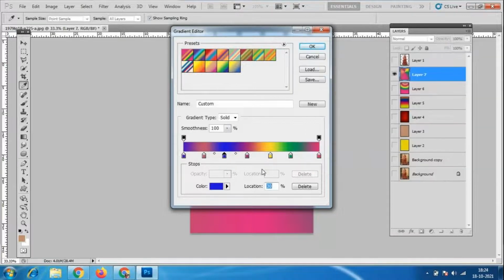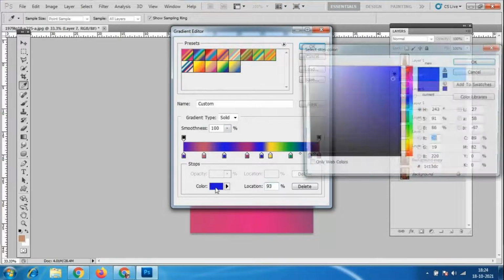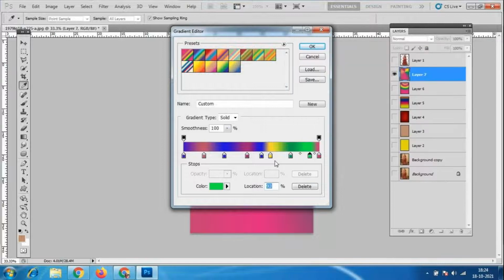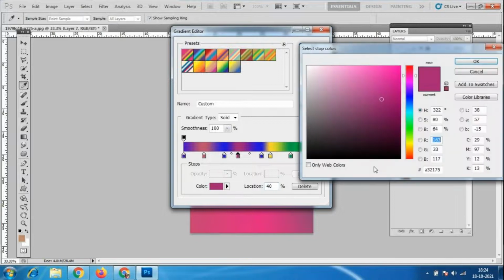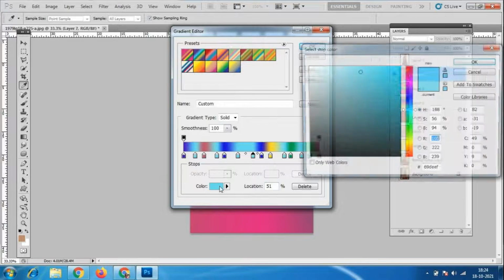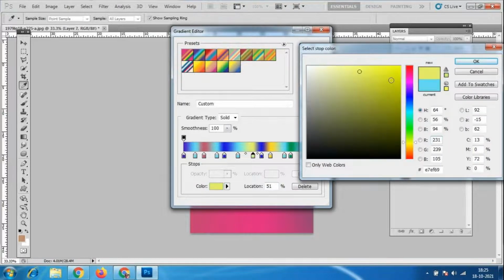Whatever you want, suppose you want to add one point over there and change the colors, you can change it like this. Wherever you want, you can add colors, as many colors as you want.